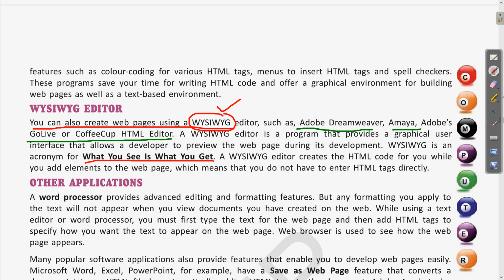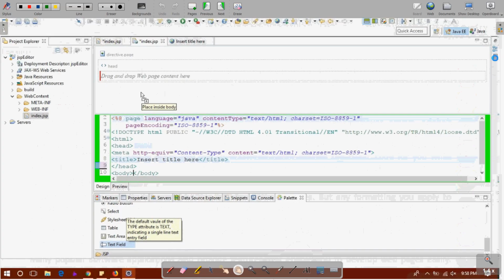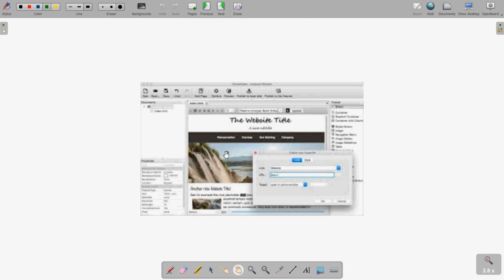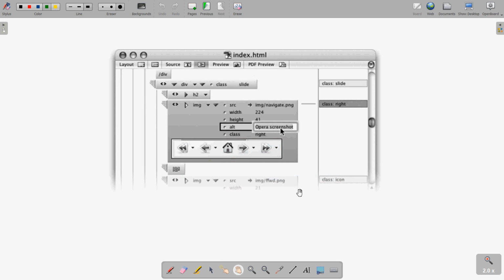If we see an example of a few of these, let me show you. So if I come to the next, here you can see, suppose we are designing a web page. Whatever the content of the web page you want, along with the HTML code, you can see the presentation of that and directly work on this presentation of the code. If we see one more example, here you can see this is an example. So these are examples of WYSIWYG editors, where we have whatever the content of the page.